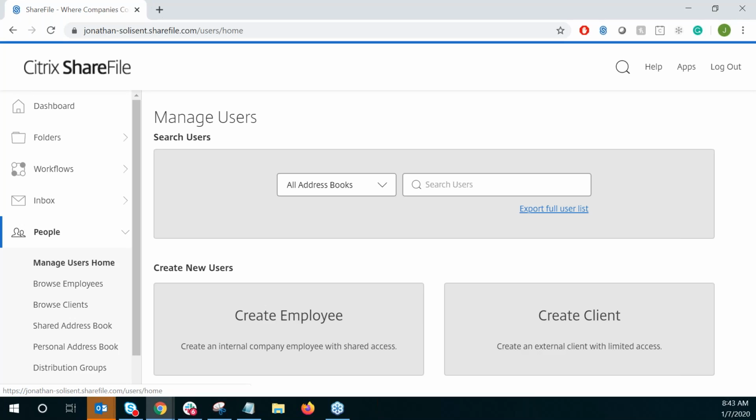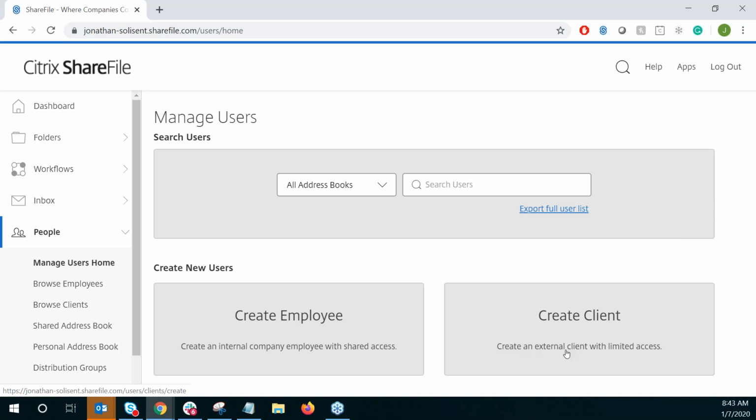Keep in mind that each employee user will consume one of your licenses, so that's very important. And they will have some user level or a better user level on your account. If you want to create client users, then you can create as many client users as you wish. Basically, the biggest difference between a client and an employee user is that an employee user will have access to a